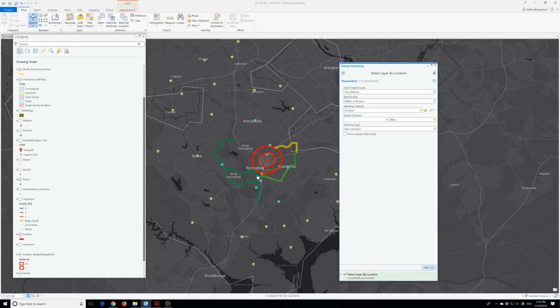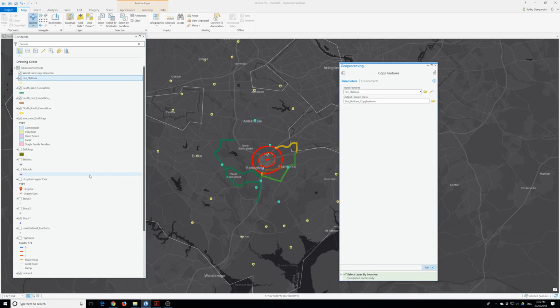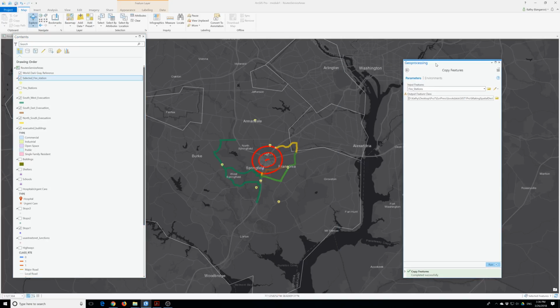which is perfect. In the contents pane, right click on the fire station layer and go to data and export features. So I'm gonna right click on here and go to data and export features. In the geoprocessing pane for output feature class, we will rename here fire station. Select a fire station. Okay, and then click run. So now we have, let me turn this off. So now we only have the fire stations that are close to the incident that are going to come over